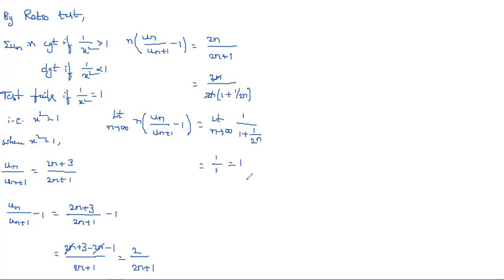So it means obviously we got it as 1, so ratio test and Raabe's test also fail. So by Raabe's test, this one also fails, and simply you need to go for the logarithmic test. Even if it fails, we need to go for the logarithmic test. So by Raabe's test fails, and in that case, the logarithmic test we need to go for. So there we'll see how to solve the logarithmic test. Okay. So this is the one.